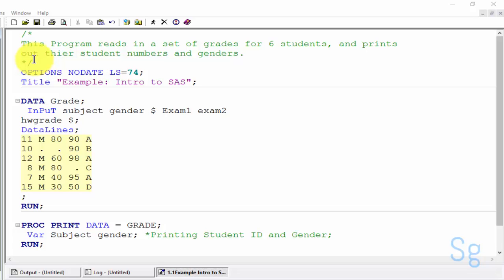Before we go to practical SAS programming, let us get familiar with the SAS rules and regulations. Here, this program reads in a set of grades for 6 students and prints out their student numbers and genders. As you can see, we are reading the data in a data step and printing by use of a proc